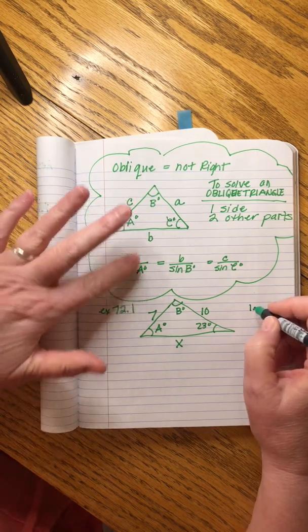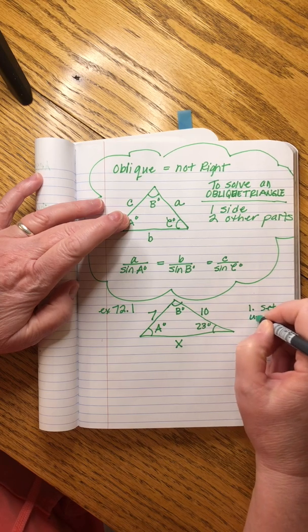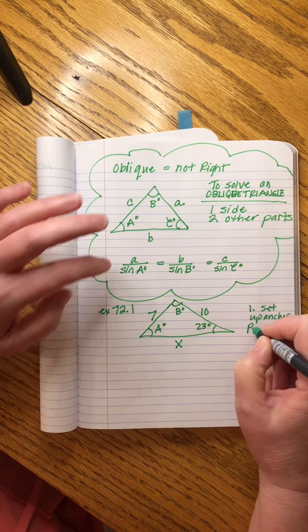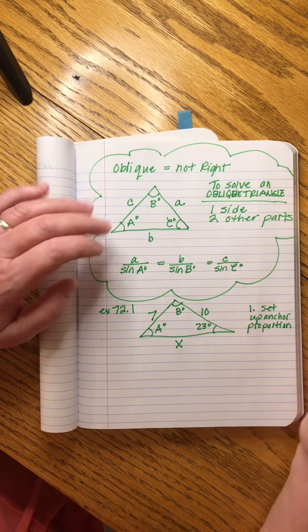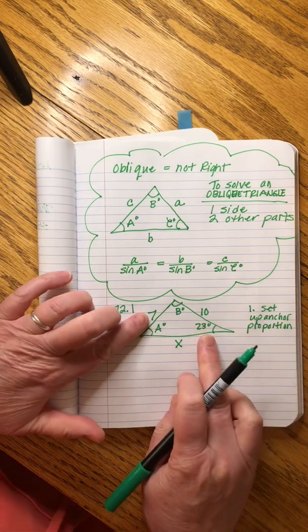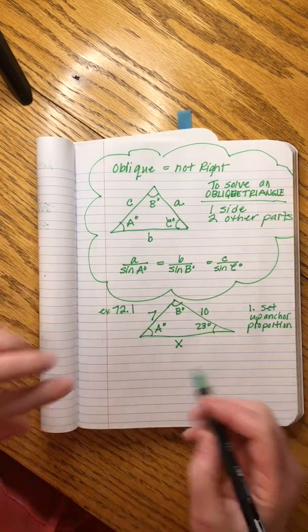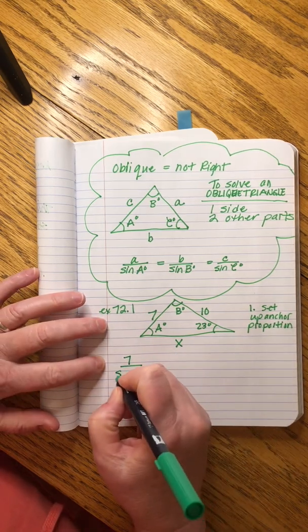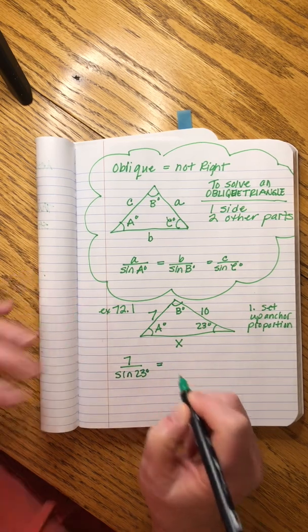Because this is technically a proportion. And we call it our anchor proportion because it has both numbers. No variables in this. So ours in this one is going to be side 7, an angle of 23 degrees. The side always goes on top. So 7 over the sine of 23 degrees will be equal to,